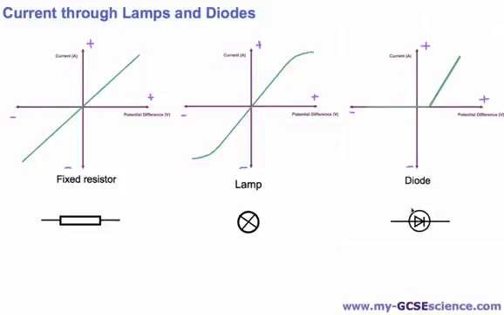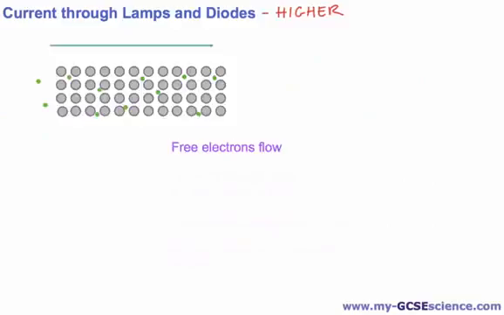So you should be able to recognize these three graphs and match them up with either your fixed resistor, your lamp or your diode, giving a little bit of explanation for each one as we've done over the previous couple of videos. Now the last thing I want to go through is on the higher tier, and it's to do with current through lamps and diodes, but actually more to do with the effect of temperature on current, and you should be able to explain why raising the temperature has an